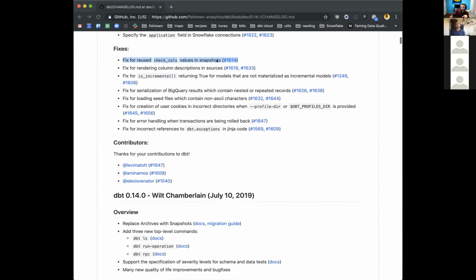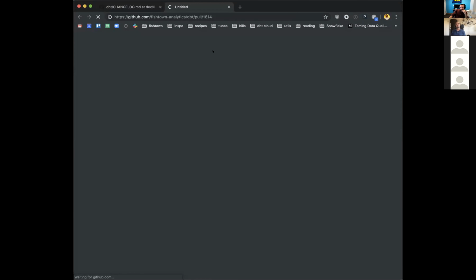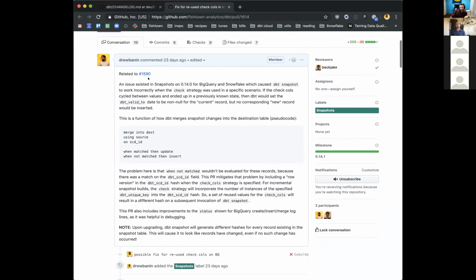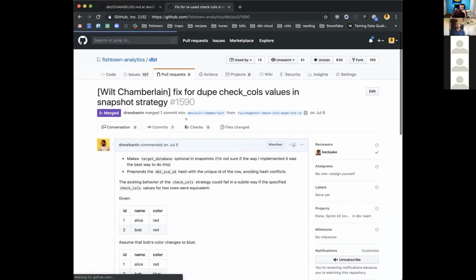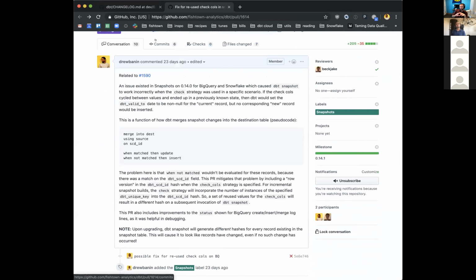So this is a big one. If you're using snapshots with the check cols strategy, there's a bug that can occur if you get into a weird state with your data. This one's the high priority one because snapshots are not idempotent and totally rebuildable like the other resources in dbt. The problem is sort of what's described. That's actually a different issue. The problem is, if you're checking columns for changes and you have, well, I guess first of all,